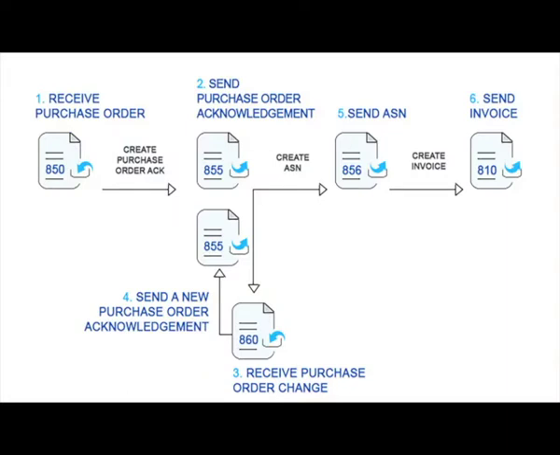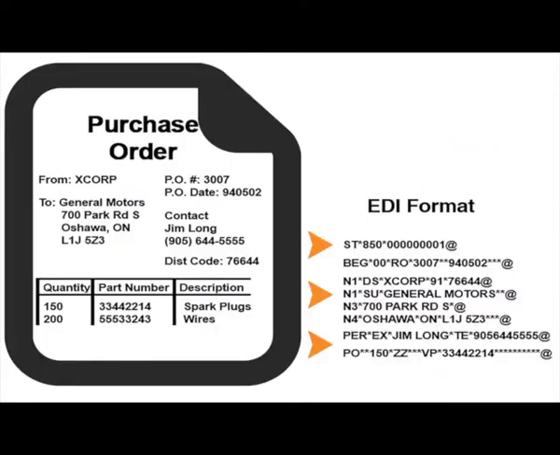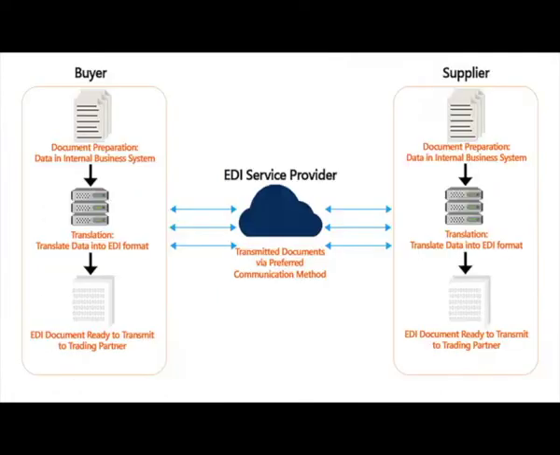A business process is a collection of linked tasks which results in the delivery of a service or product to a client at the end. It includes the following tasks such as extraction of data from the sender database, formatting of the data into the EDI standard format, encryption of the data to provide security, transmitting data through the chosen communication medium to the trading partner,